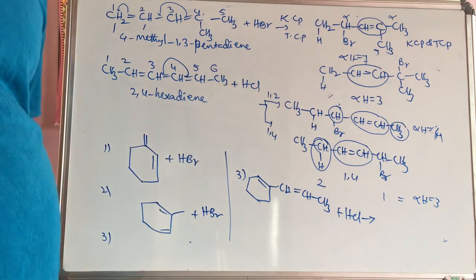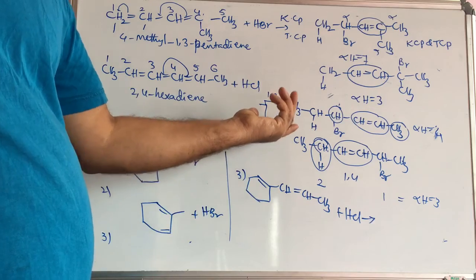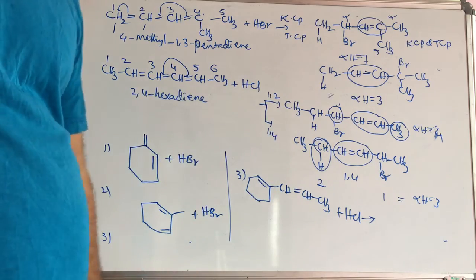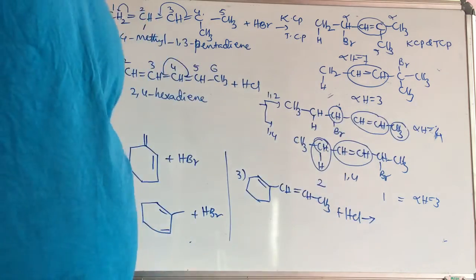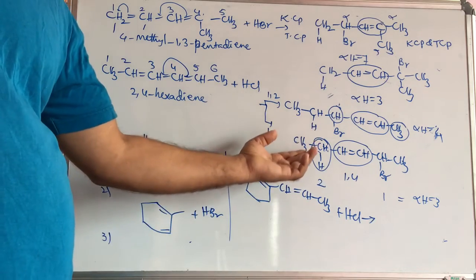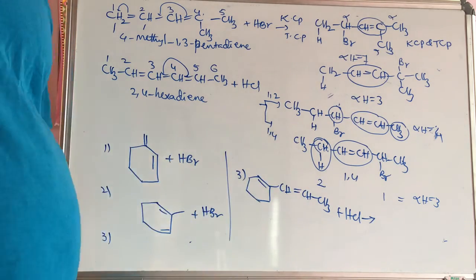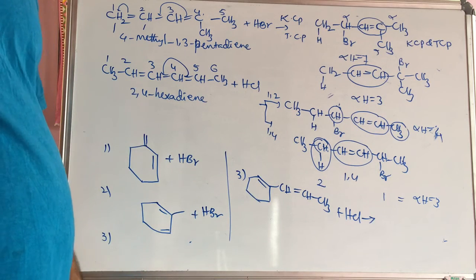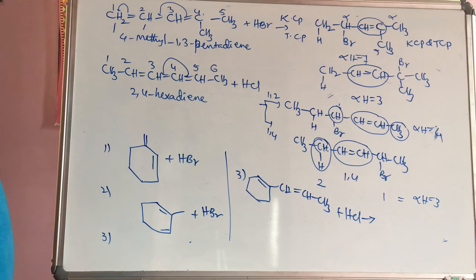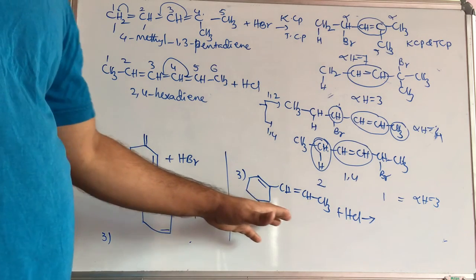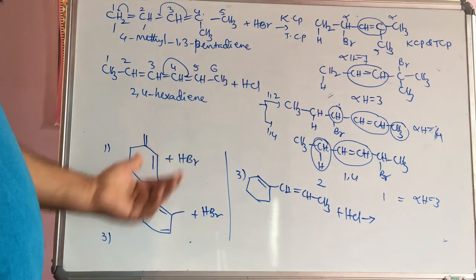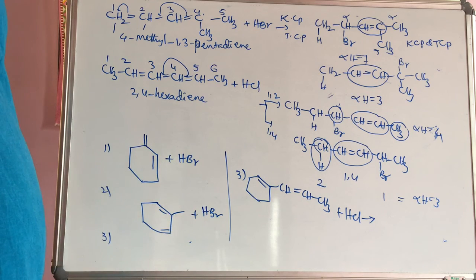If it is kinetically controlled, it can be thermodynamically controlled product also sometimes. In this case, alpha hydrogen is 4. In this case, alpha hydrogen is 3. So sometimes the kinetically controlled product may also be the thermodynamically controlled product. So take care about this example and what product will be obtained, whether the 1,2 product is major or the 1,4 product is major. Thank you.